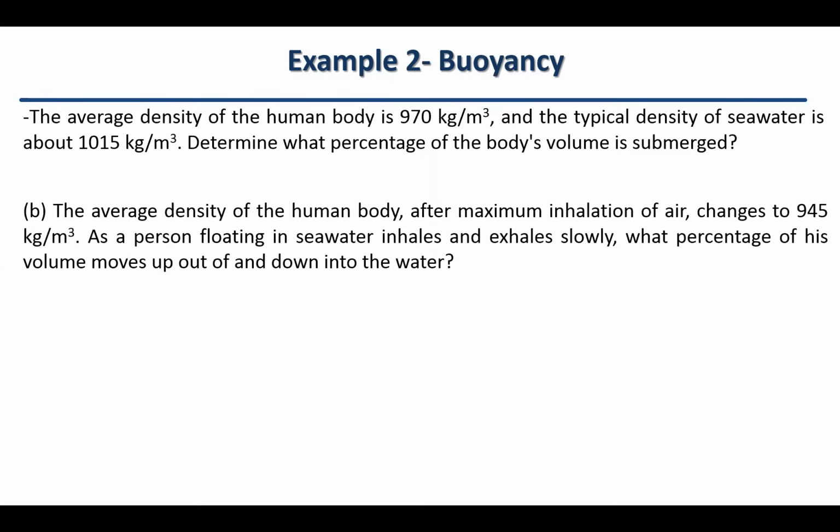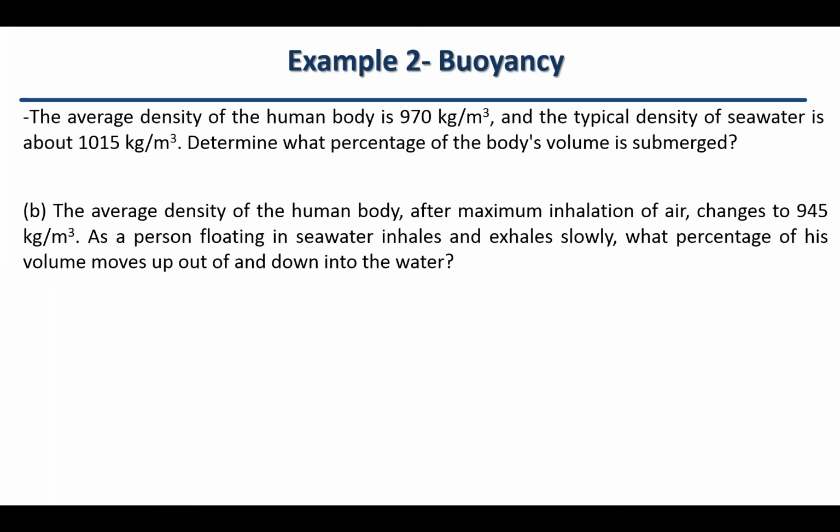And for section B, imagine the average density of the human body after maximum inhalation of air changes from 970 to 945 kilograms per cubic meter. As a person floating in seawater inhales and exhales slowly, what percentage of his volume moves up out of, and down into, the water? Okay, so we're just going to see, once breathing in and breathing out, what would happen